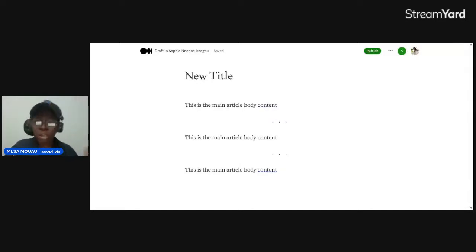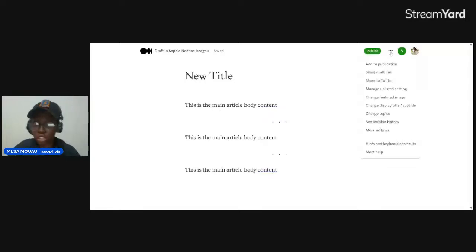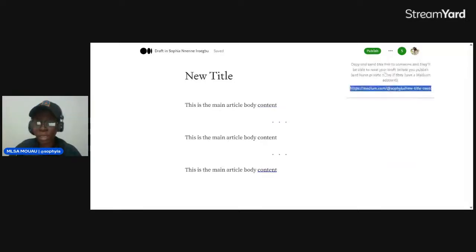But if you write your article and you want to send it to someone to preview or review for you, you click these three dots, you go over to share draft link, and this link would give you a preview of the article that is here. Let me show you that real quick.